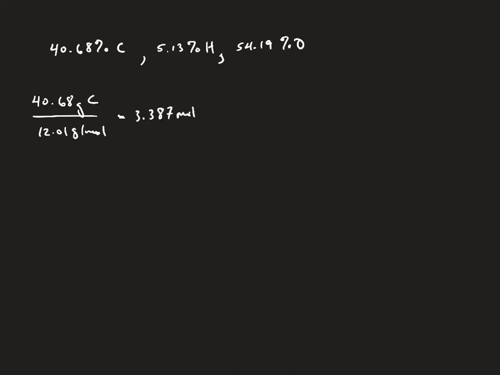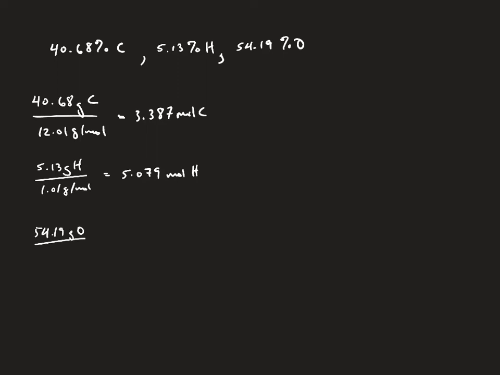40.68 grams of carbon, say, divided by 12.01 grams per mole for the carbon. And that's going to give us 3.387 moles of C. 5.13 grams of hydrogen divided by 1.01 grams per mole, and that's going to give us 5.079 moles of H, and